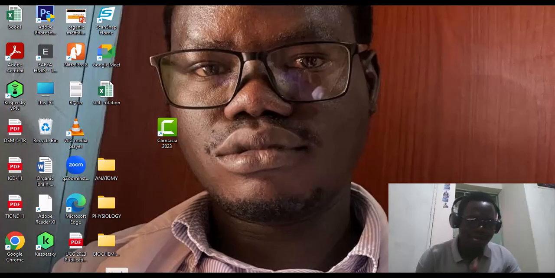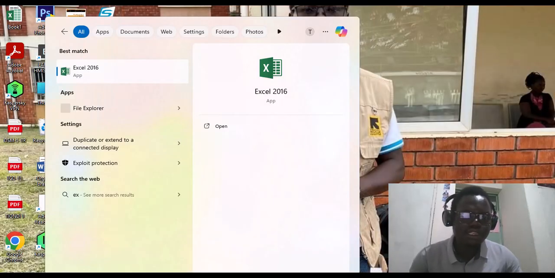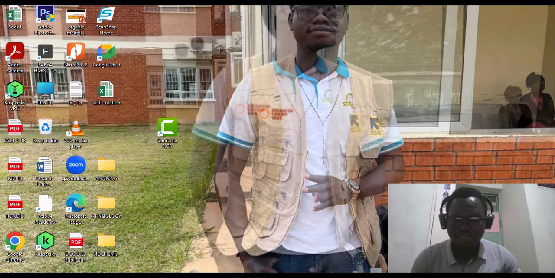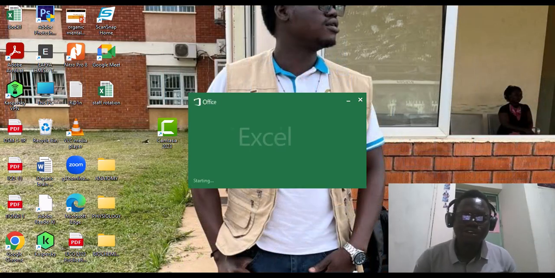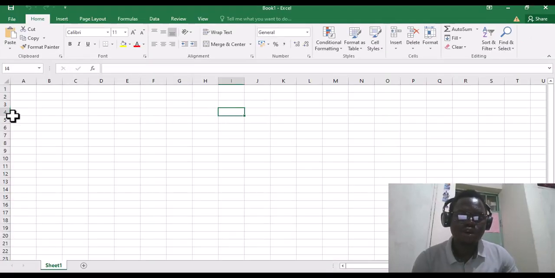Microsoft Excel, you can access through the search bar, or if you have it on the taskbar, just double click on the icon, and to get it open, you can click open. So when it opens, it gives you this face. You can see